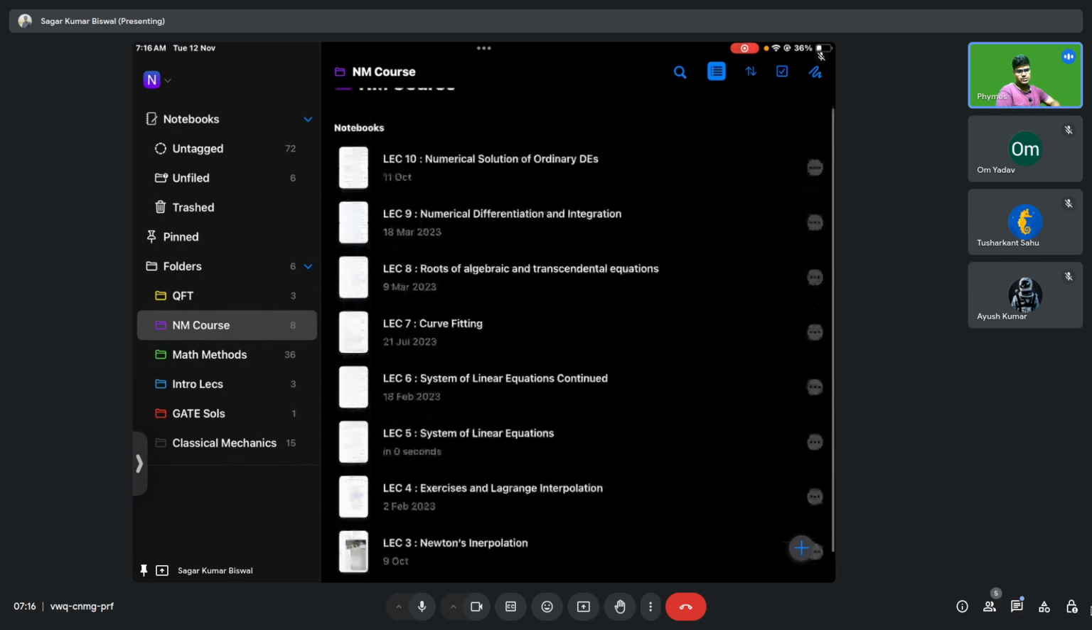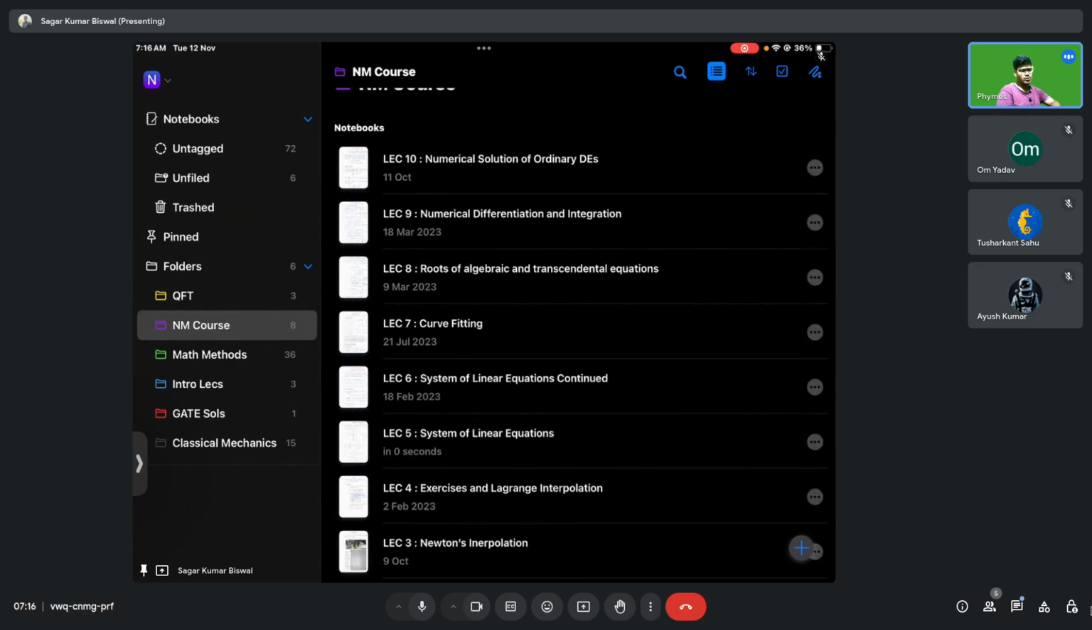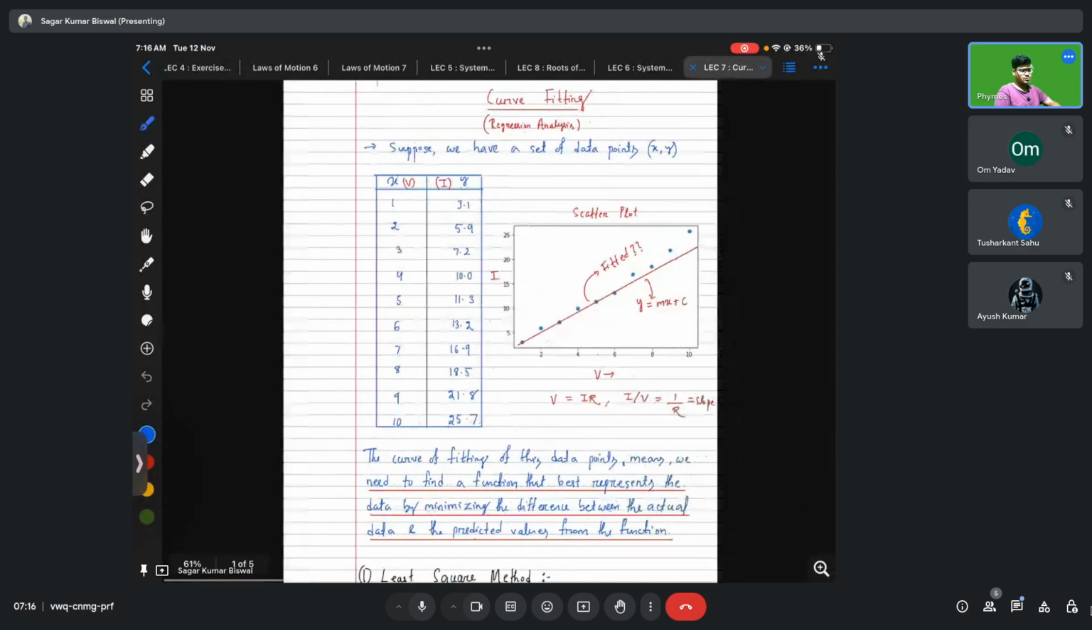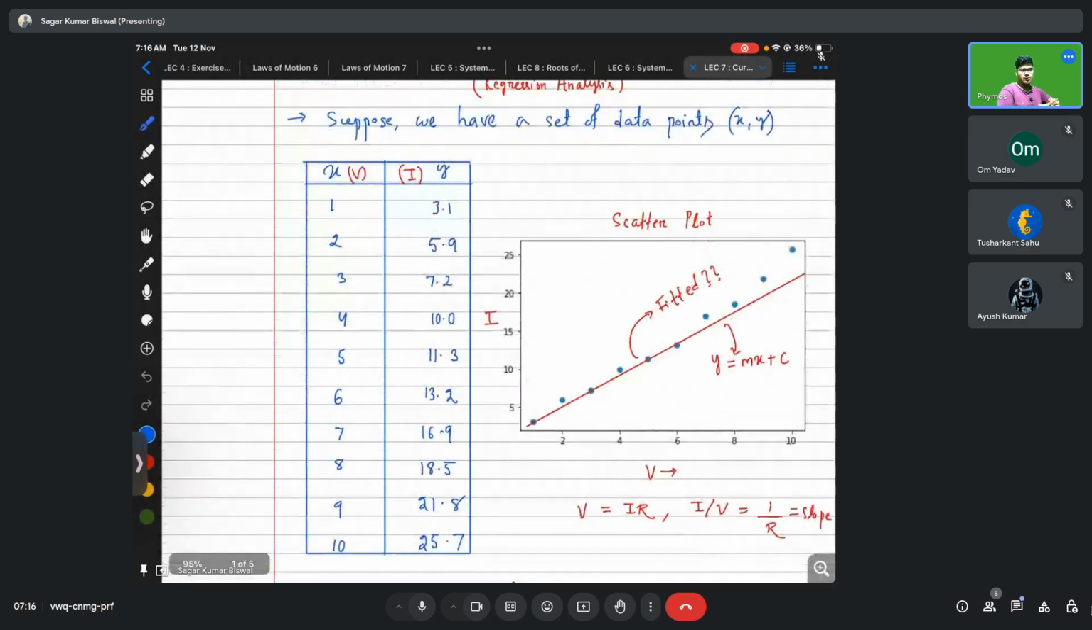Then in lecture 7 we are going to discuss curve fitting. What is curve fitting? Suppose you have some data and you want to find what function matches this data,